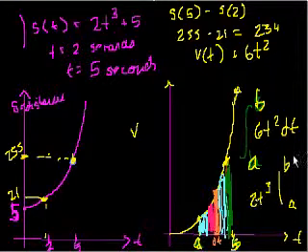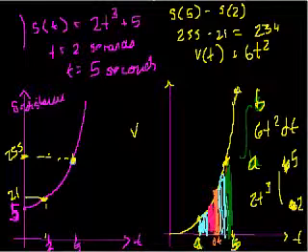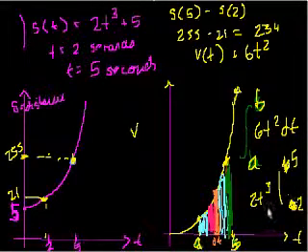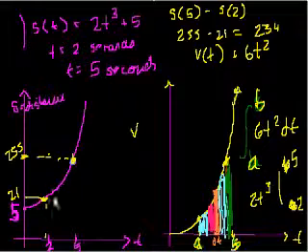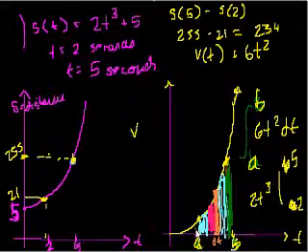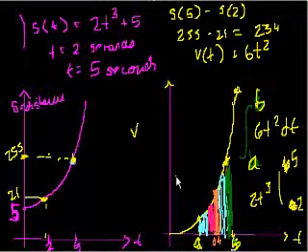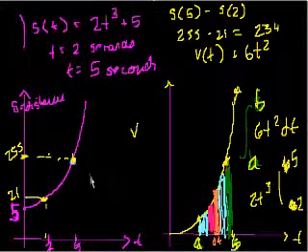Or actually, let me stick to the old numbers. We evaluated it at 5, and you evaluated it at 2. So if you evaluate it at 5, that's 250, and if you evaluate it at 2, that's 16. So you're doing the exact same thing we did here when we actually had this graph. I did all of this not to confuse you further, but really just to give you an intuition of why, one, the antiderivative is the area under the curve, and then two, why